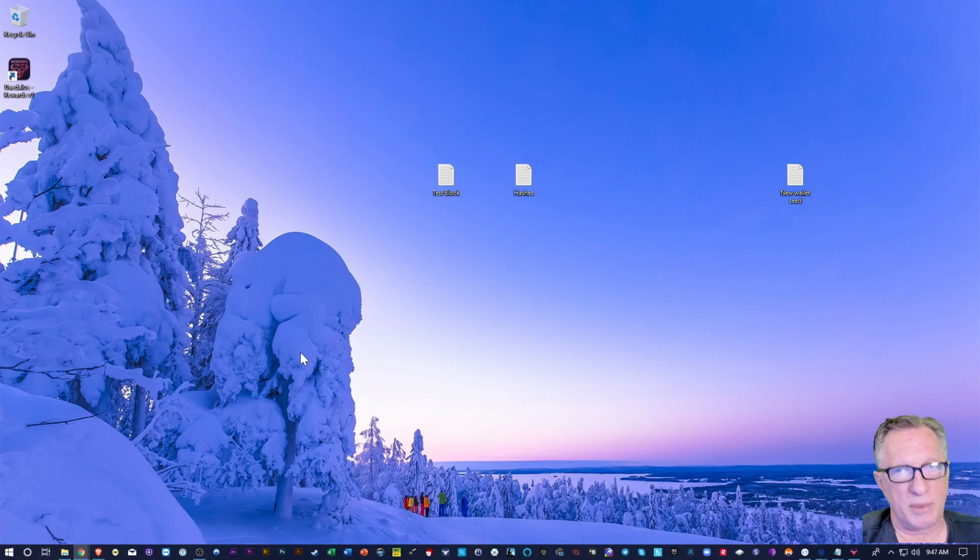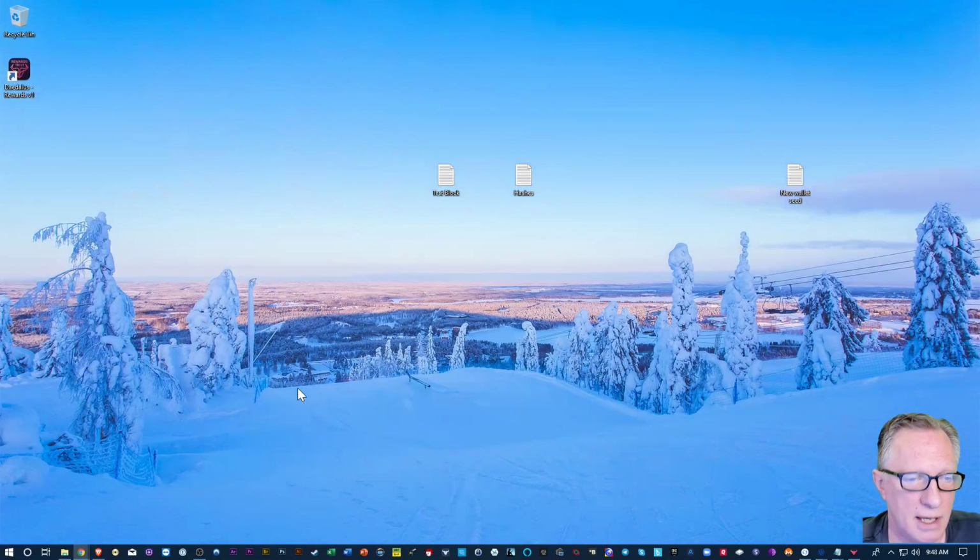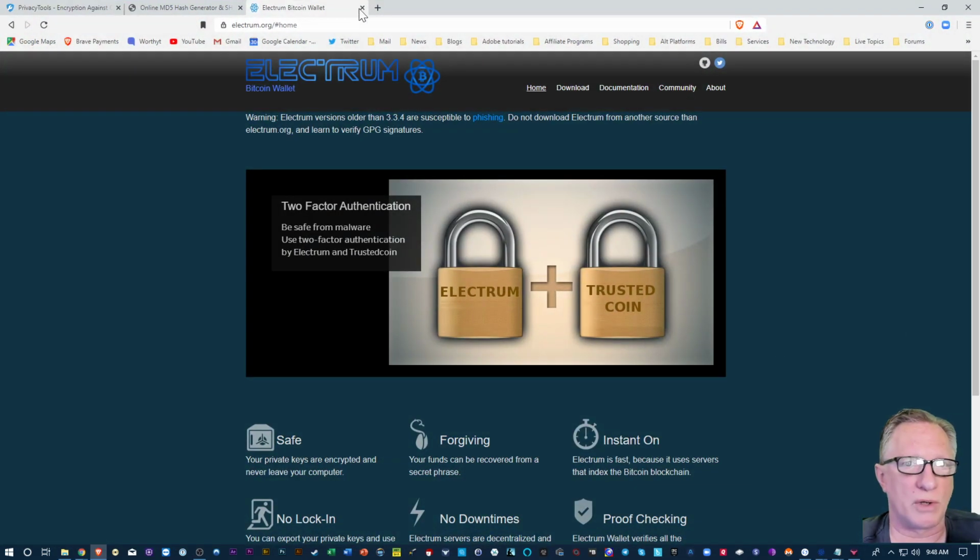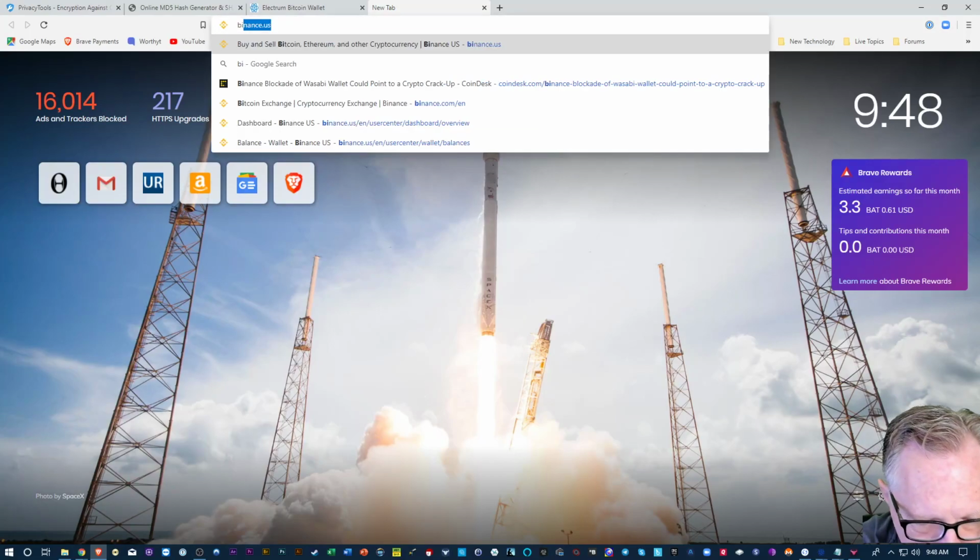So if Ledger goes out of business and Ledger Live becomes inoperable, I can still take that 24-word recovery phrase and recover those private keys into different wallets, right? The Electrum wallet, maybe even a Trezor, or so many other types of wallets, because the 24-word recovery phrase that Ledger uses is part of the BIP39 protocol, which is an industry standard.